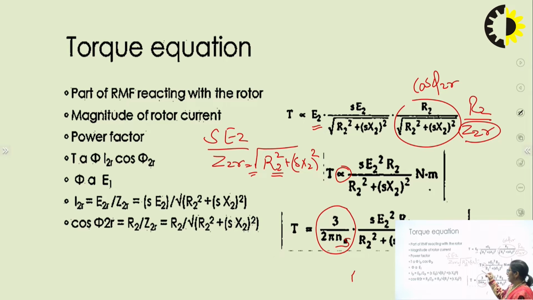This is K, what we used to call it as 3. K is given by 3 upon 2 pi ns, where ns is the synchronous speed in RPS, revolutions per second, right? 3, that is for 3-phase. If at all I say this is the equation for a single phase, and when we apply it for a 3-phase induction motor, the same equation becomes K times, where K is given by 3 upon 2 pi ns, where ns, this is small ns, which represents the synchronous speed in RPS, right? So this gives me the expression for the torque in a 3-phase induction motor.